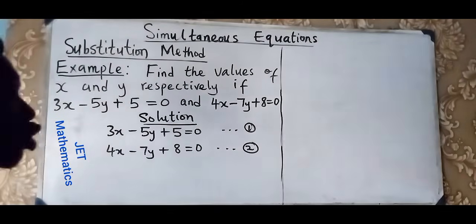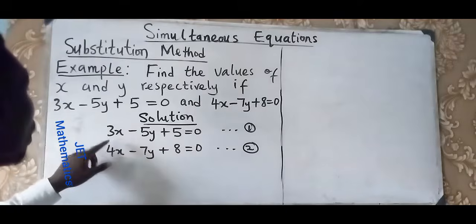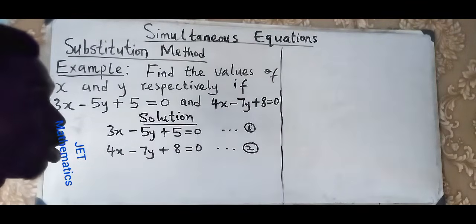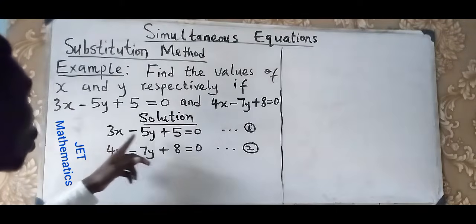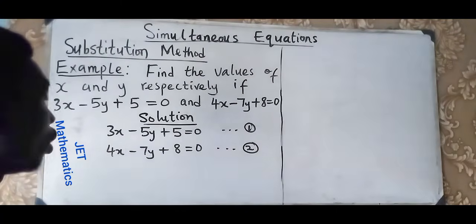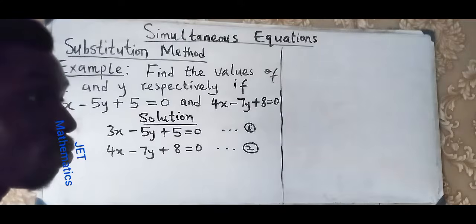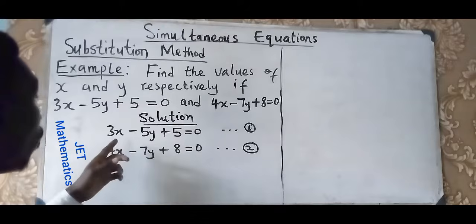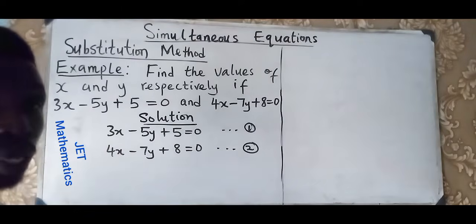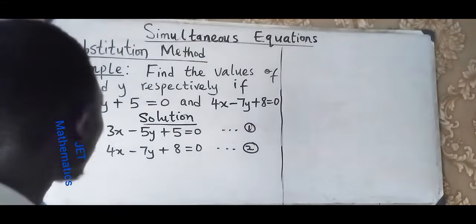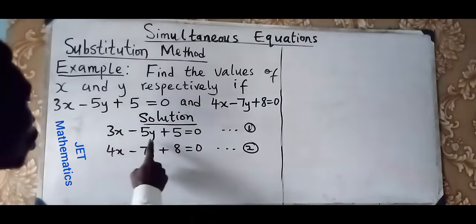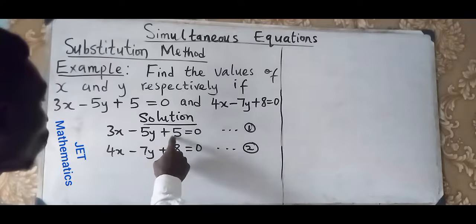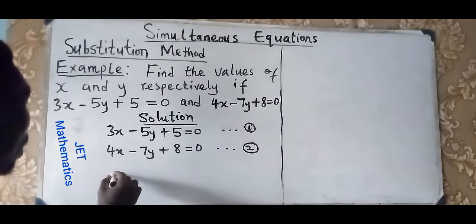So using the substitution method, you make either x or y the subject matter in any of the equations. You make either x or y, any of the unknowns, the subject matter from any of the equations. So in this video, from equation 1, I'll be making x the subject matter. So making x the subject matter here, I'm going to take minus 5y this way and also plus 5 this way. So I'll have